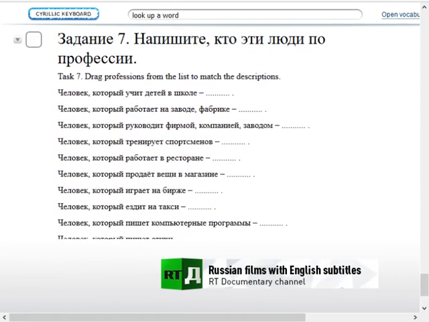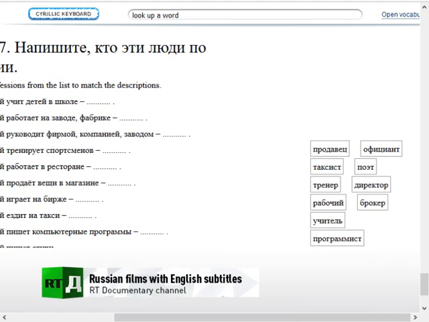Okay, not going to worry about it now because we are down to the last exercise. And I think this one is pretty straightforward because you can see this actually doesn't use kotori. Well, it does use kotori, but it's all человек. So these are all человек, which is a masculine noun. And these are all nominatives, so they're all just kotori. This is actually just kind of a cool down exercise where you match the description of the job to the profession. So, человек, который учит детей в школе, a person who teaches children in the school, is a